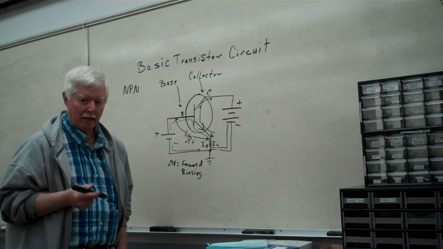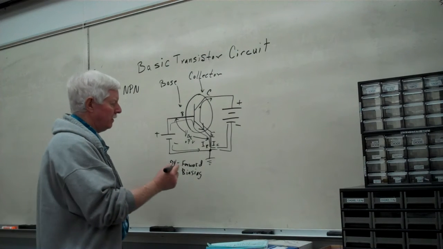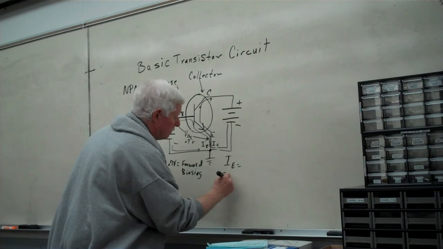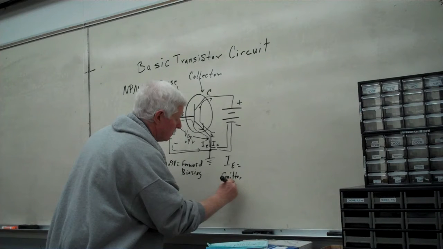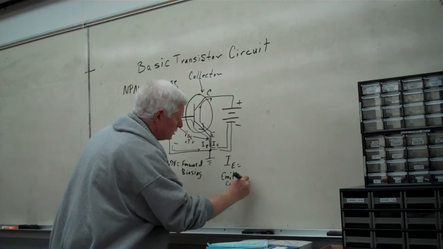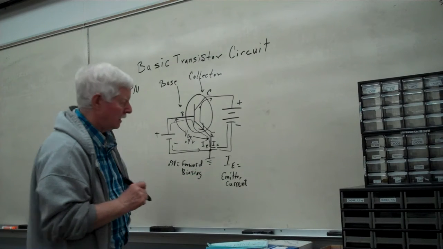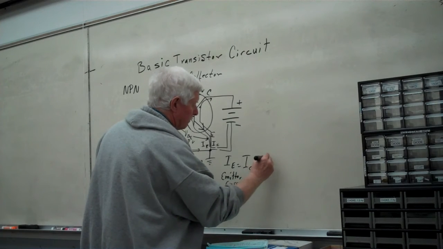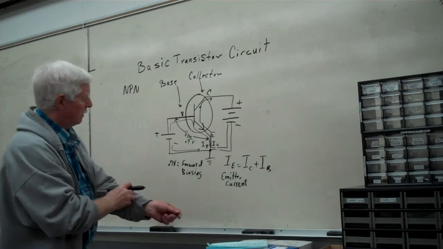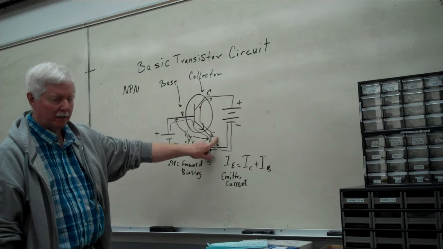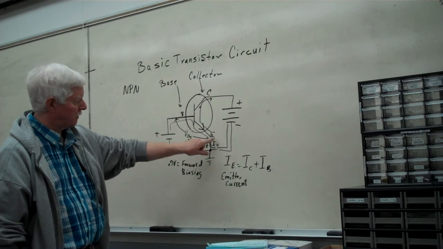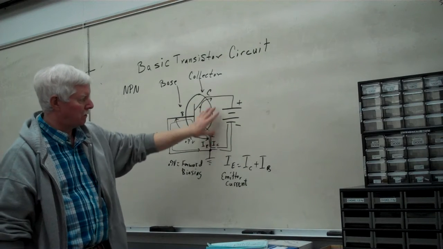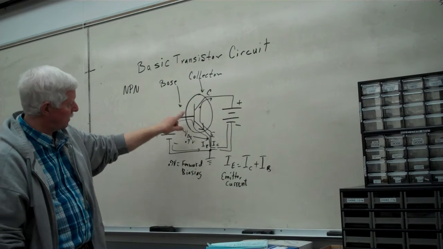In your book, you'll notice that they ask you to analyze these two particular currents, and they're going to call those the emitter current. The emitter current is the sum of the collector current, I sub C, plus the base current, I sub B. Consequently then, the emitter has most of the current flow into the device. As I mentioned in the previous instruction, the emitter current going up into the collectors is practically 99% of the total part of the power supply. Only 1% of that goes out into the base region,